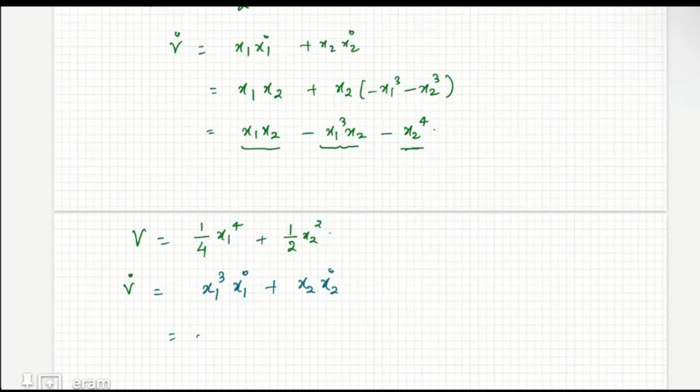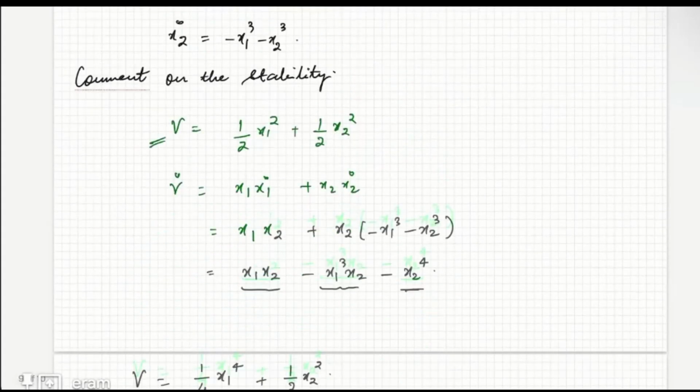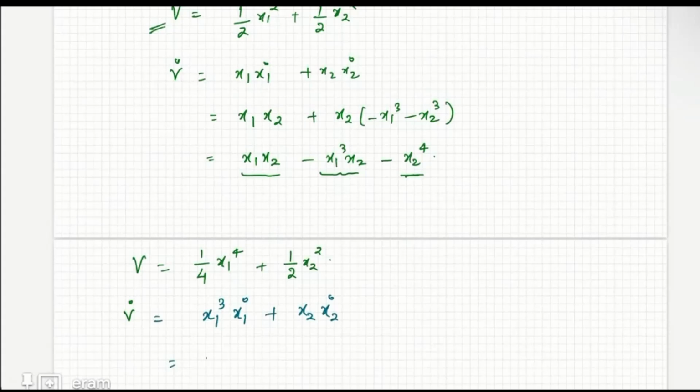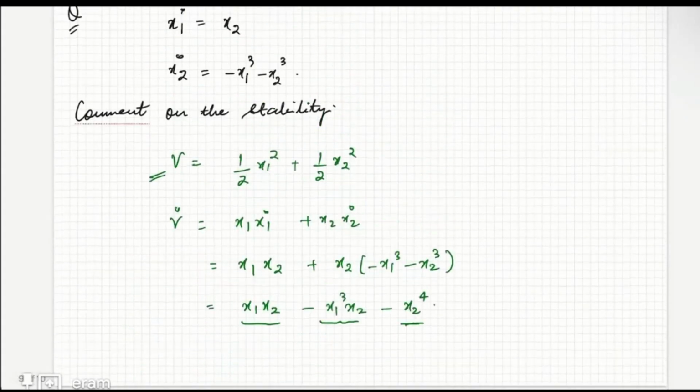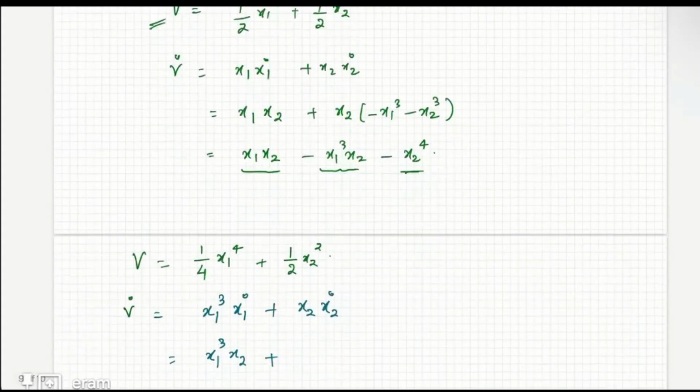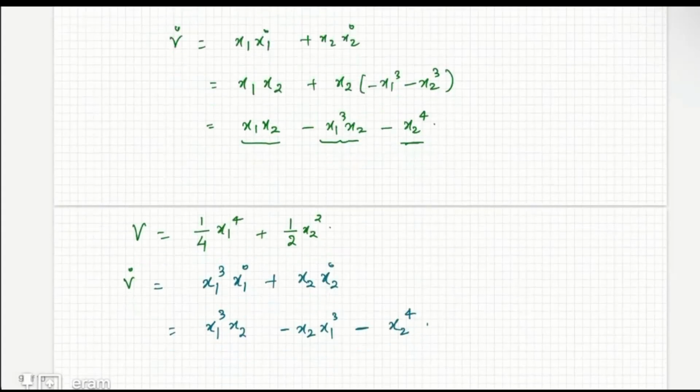And x1 dot is nothing but x2, so it is x1 cube x2, and x2 dot is minus x1 cube minus x2 cube. So minus x1 cube, and minus x2 cube will give us x2 to the power 4. Now you can see that these two terms cancel out, and we have V dot equals minus x2 to the power 4,